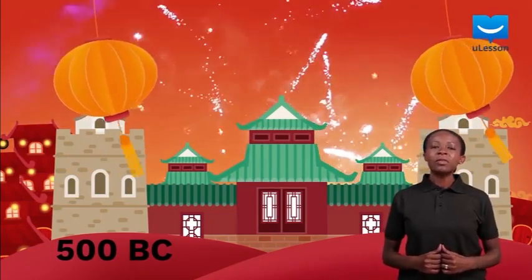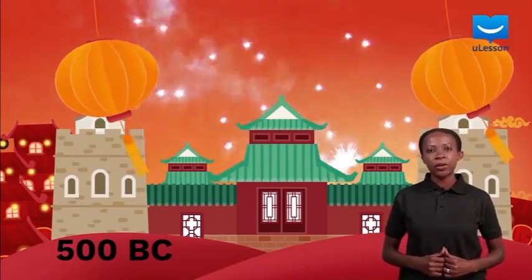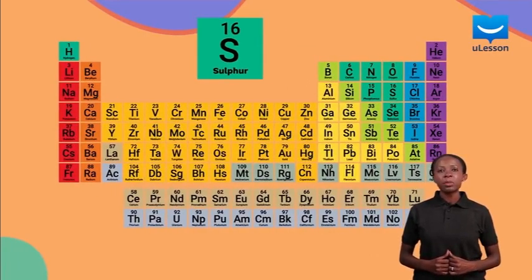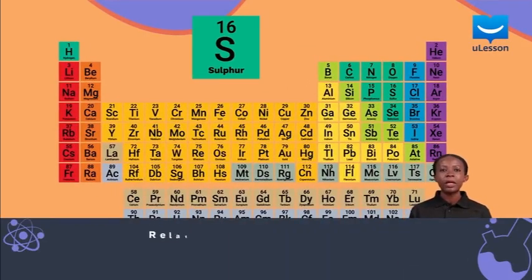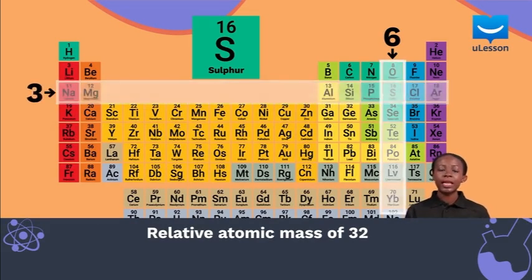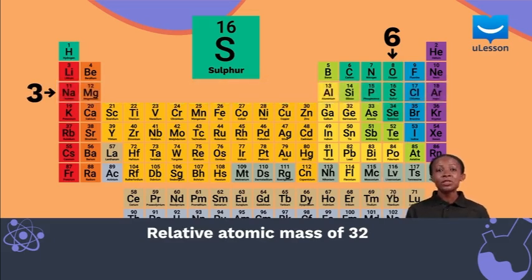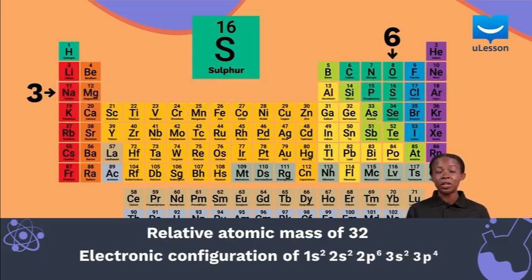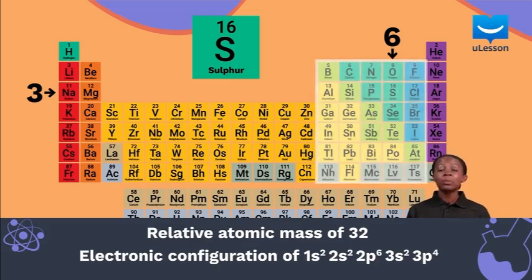Now let's look at some of the elemental properties of sulphur. Sulphur has an atomic number of 16 and a relative atomic mass of 32. It is located in group 6 or 16 and period 3 of the periodic table as shown here. Sulphur has the electronic configuration of 1s2, 2s2, 2p6, 3s2, 3p4, and it is found in the p block of